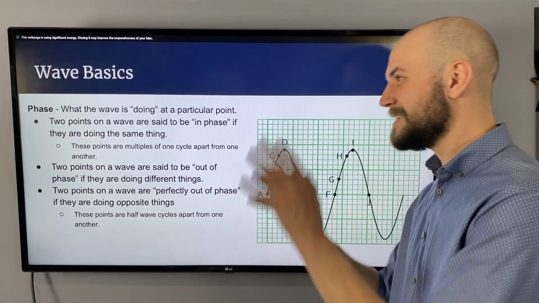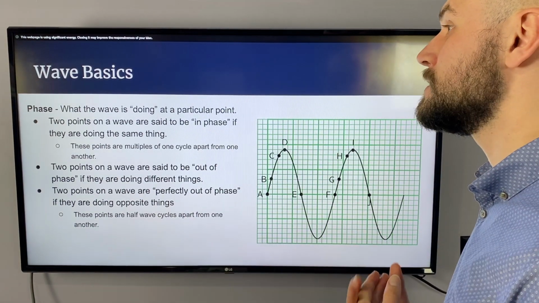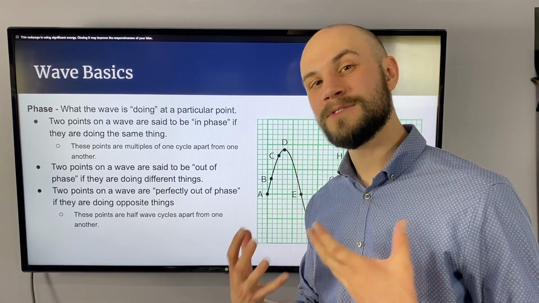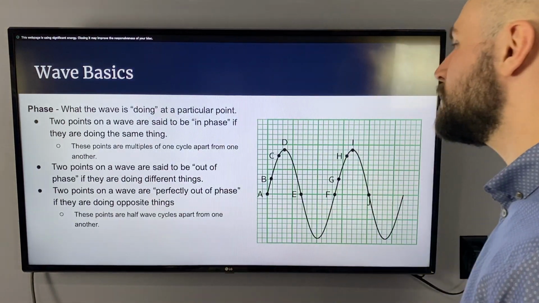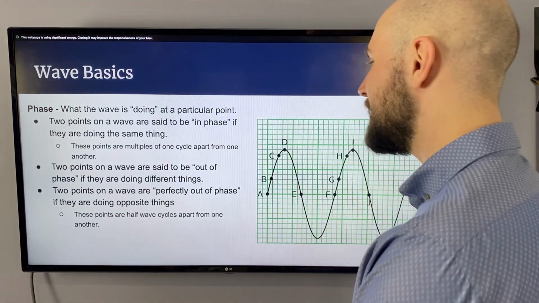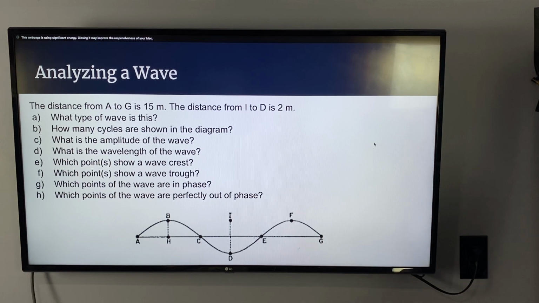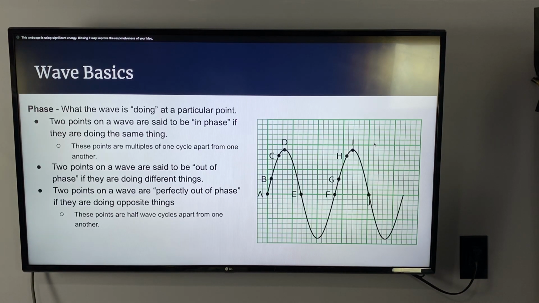So, I hope you're feeling okay with that terminology, all the different words we use to describe waves, the groups, the types. Let's put all of this together and try a problem. I'm going to give you a wave, and we're going to see if we can identify what's going on. That's going to be this problem here. But before we talk about that,